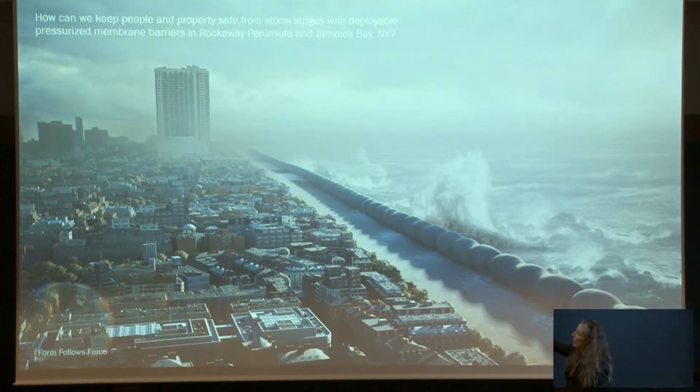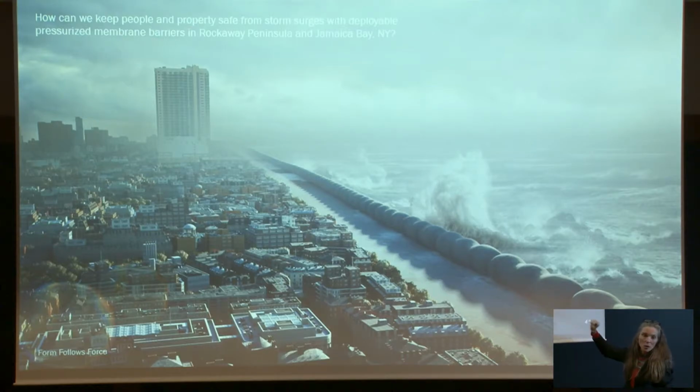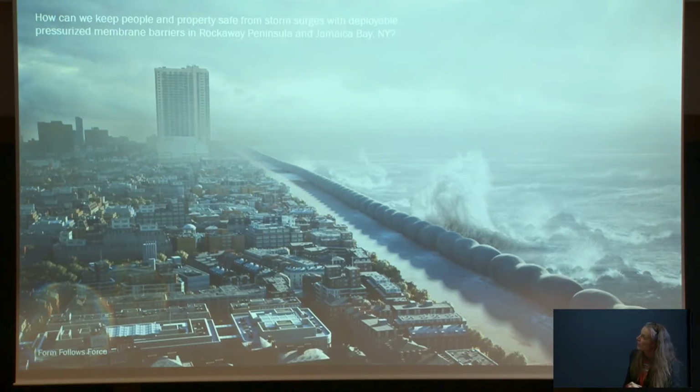So what is this really? This is a very thin-walled pressure vessel. It's actually a membrane that is pressurized from the inside. The idea here is that we are not using mass, but we are using form, and this form is allowed to deflect with the storm surge, as long as this form doesn't break, as long as the water doesn't go over, and as long as the waves don't resonate with the structure, because these are very lightweight structures. This could be an attractive alternative to the current approach, which is just using lots of rocks, lots of concrete, or lots of